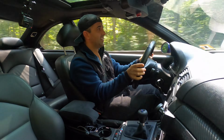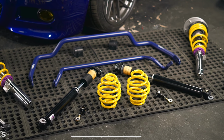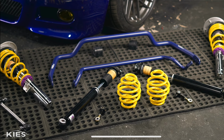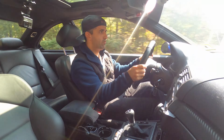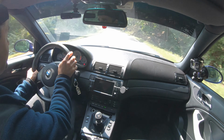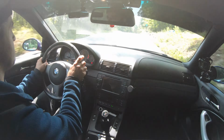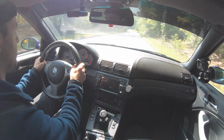Oh yes. So this car is running KW V2 suspension. It also has upgraded sway bars, and it feels a lot better. I've driven a stock E46. I don't remember it feeling as direct, but when I compare it to some of the cars I've driven in the past, you still have some body lean, you still have some roll, you still have some understeer, but